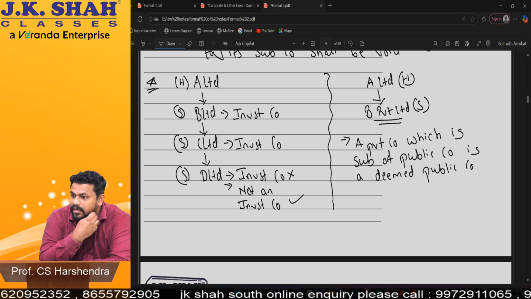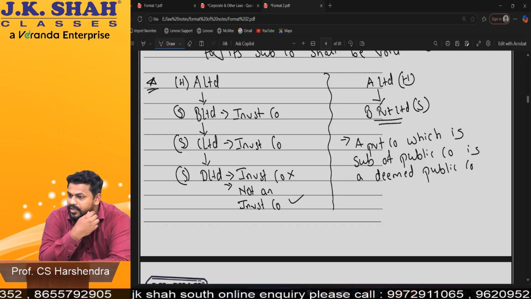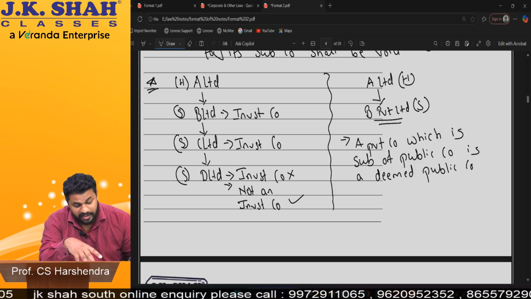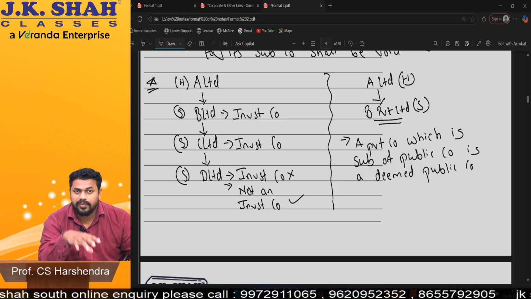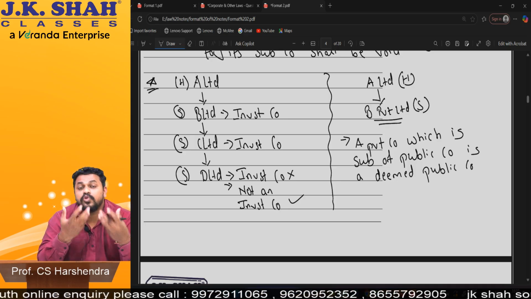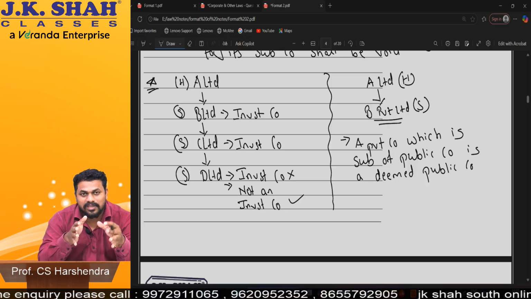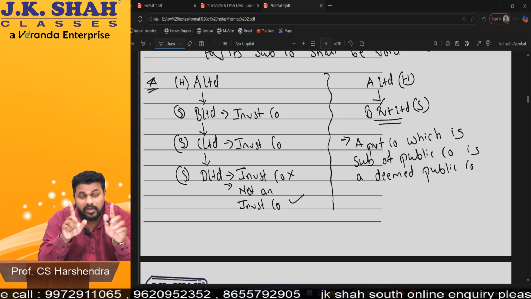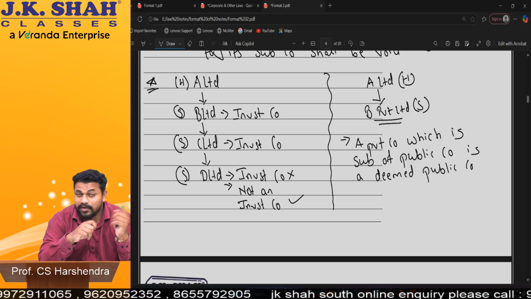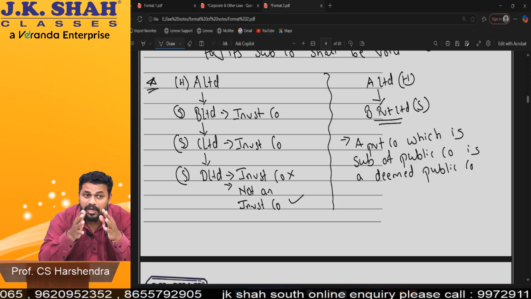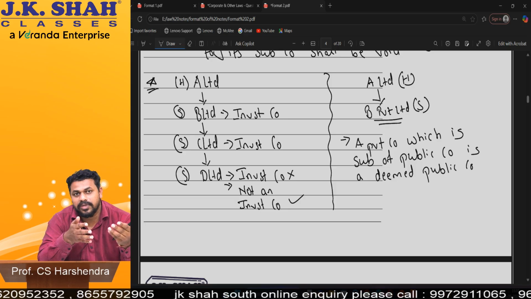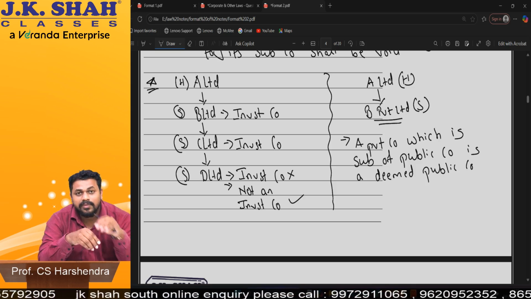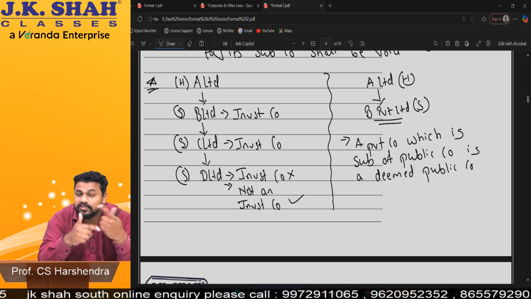Yes. Deemed public company. Yeah, I'll explain, no problem. See, A Limited is holding company, B Private Limited is subsidiary company. So a private company is the subsidiary of the holding company. So we call that private company deemed. Deemed means assumed public company. So as per the AOA, the 3 restrictions of a private company, everything will be there. But what all exemptions does a private company get from the Companies Act? I told you the whole Companies Act is made as per public company. So a public company has to follow the whole Companies Act. Private company gets exemption: don't follow this section, don't follow this section, like that. So now this B Private Limited, will it get the exemptions? No, because it is assumed to be a public company.